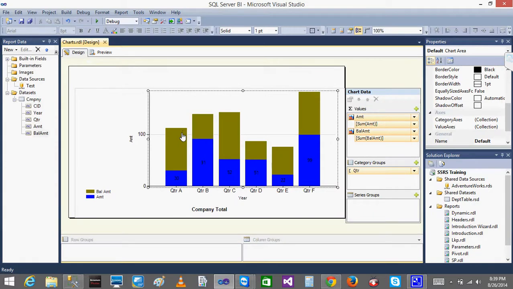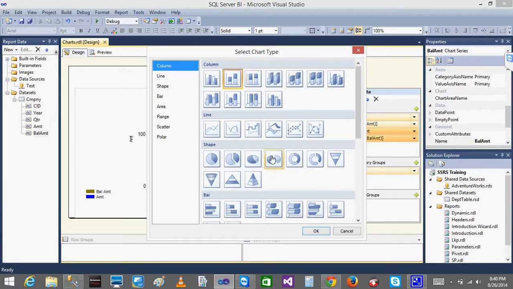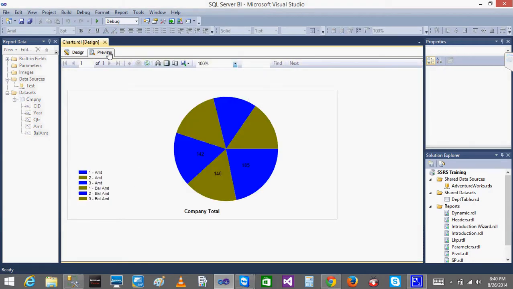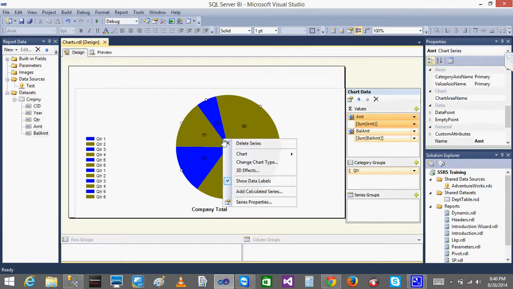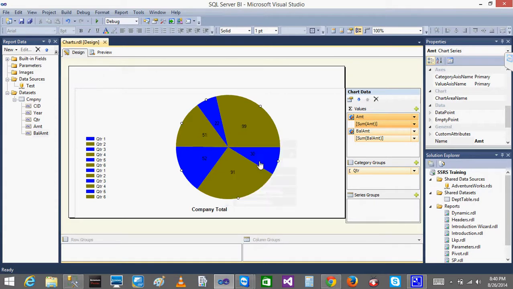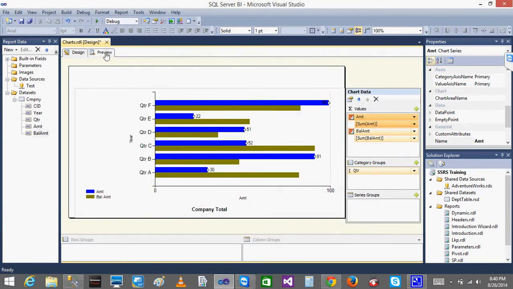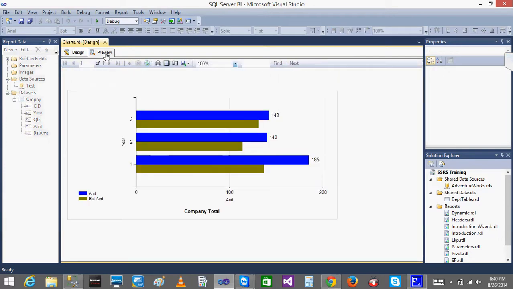Okay. And if I want a different way, change chart type, and I want like this one, select it and click OK. See, automatically it will be changed to that chart type. Like this, you need to play a lot, then you will be getting many things about this. I want to change the chart type to something different. This one, click select and click OK. Automatically it will be shown in that way. See, the amount is the same, 100. You can see quarter 1, quarter 2, quarter 3, but it's a different standard.